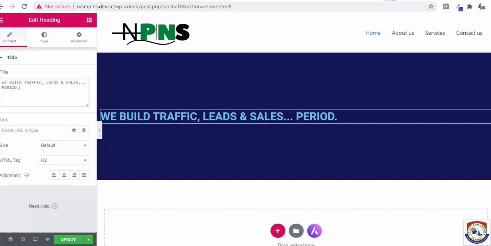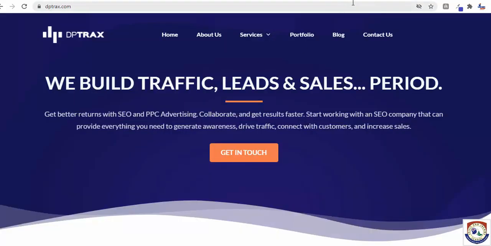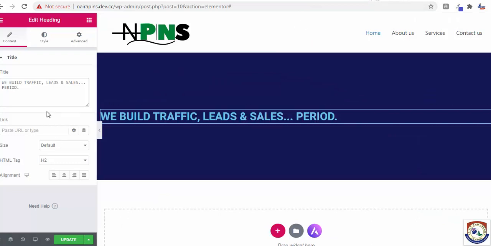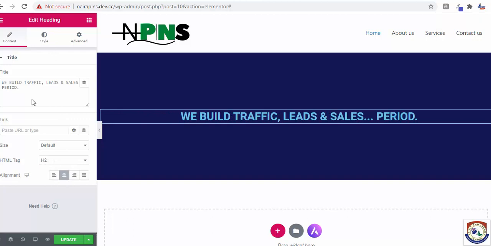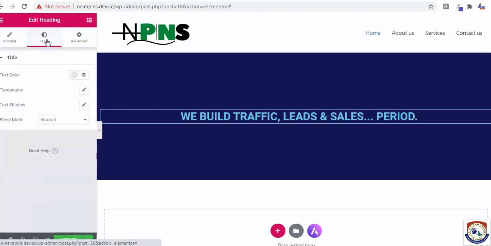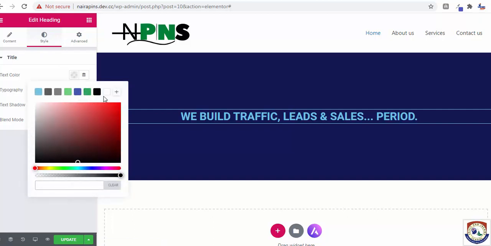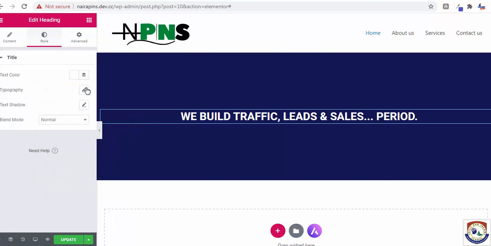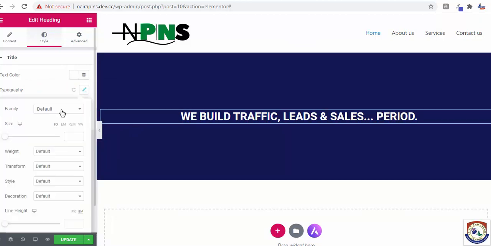And what color do they have? This is a white color, so we are going to give it a white color also. Before you do that, you can align this to center, and we go to styling, color and everything. You go to style in Elementor. Anything you want to do about color, typography, text, you go to styling section, and the color here should be white. You choose white. So can you see it is white, and the typography, so I normally use, you can choose Roboto, you can choose Lato, you can choose Montserrat.